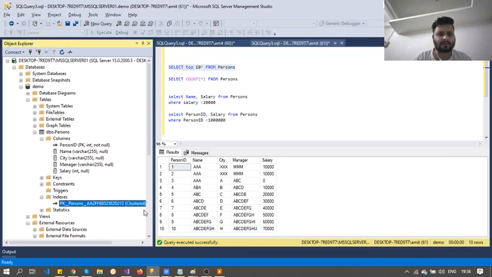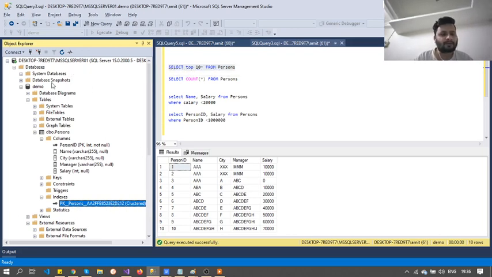This is the clustered index made by the system on the person table. These are the columns, this is the primary key, and there is an index on the table. The name of the index is pk person and some GUID is given to it.